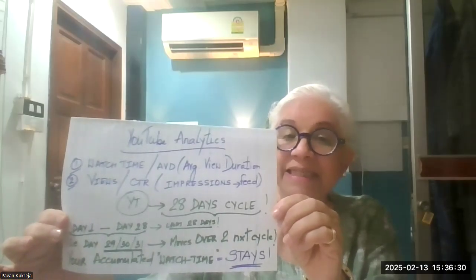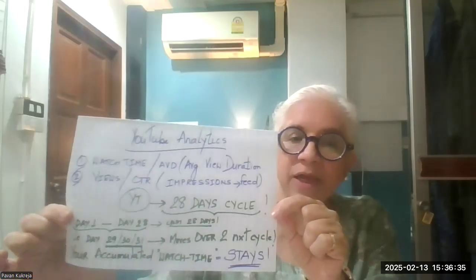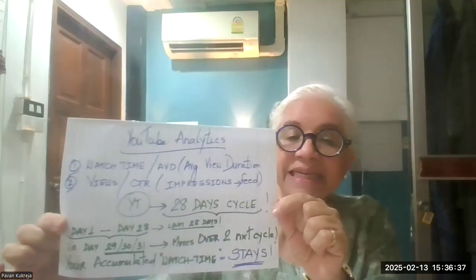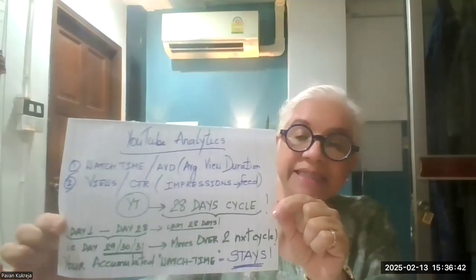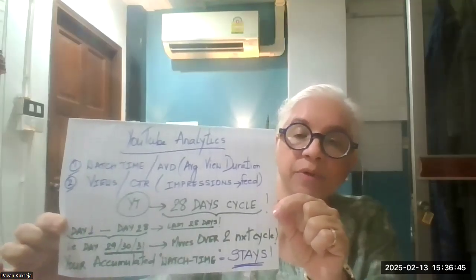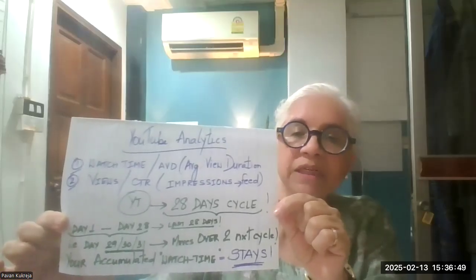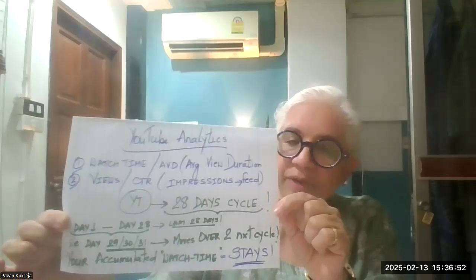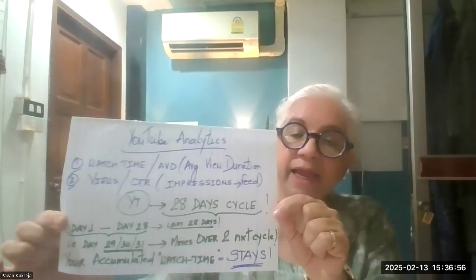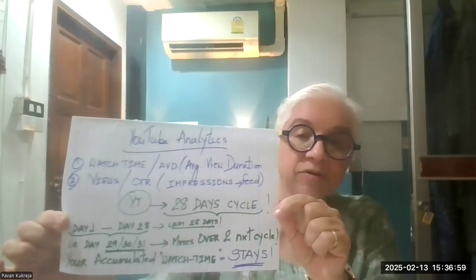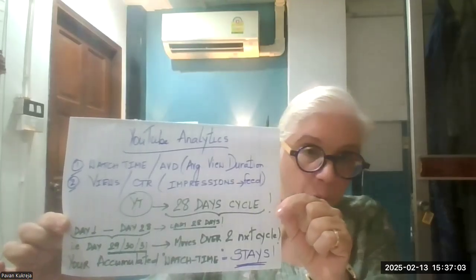And like I said, it takes 28 days to see the calculated numbers. So after 28 days, say for example, we pick the month of January. So 28 days are up. You will see the numbers on the impressions, on the CTR, on the AVDs. All these are acronyms. I have a video that I've made on this. Do take your time, look it up in my playlist. I have explained exactly what all those acronyms stand for in your YouTube analytics report.